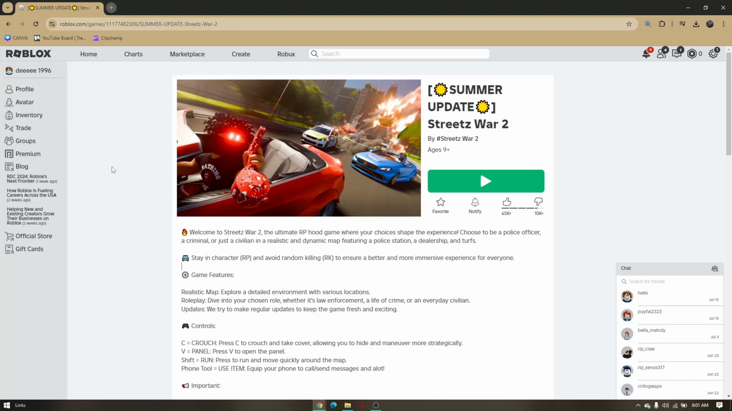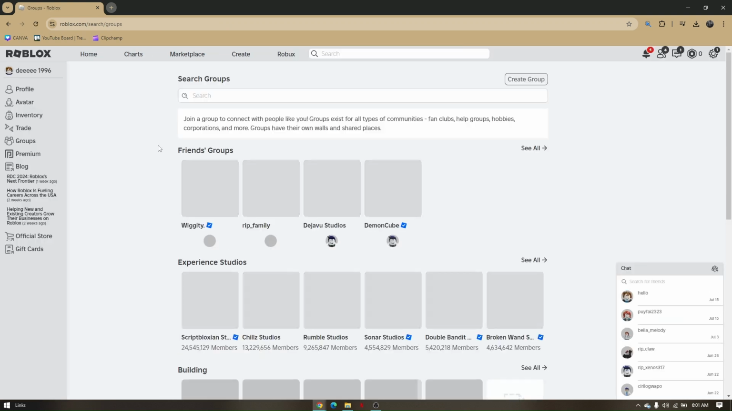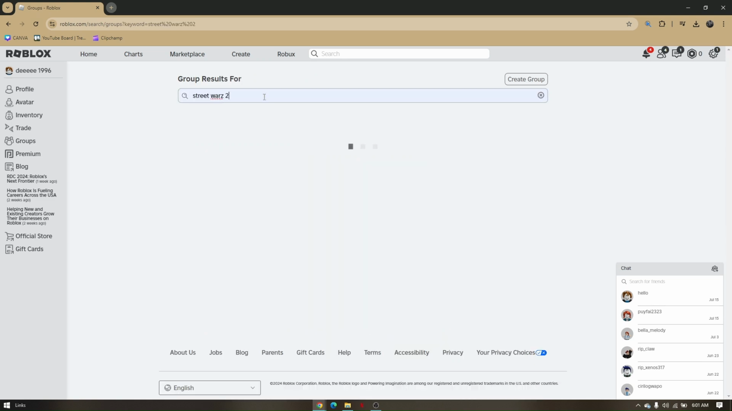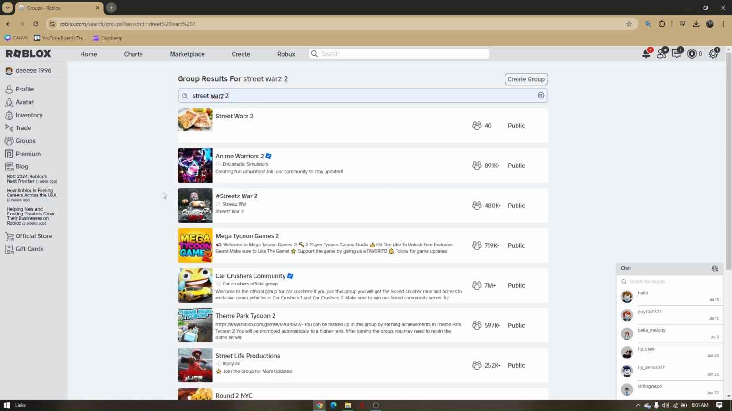Once you already have the name, then you can definitely log into your Roblox account. And once you're fully logged in, you just have to go to groups on the left part of your screen, click groups, and then once you already have the name down, just search it here. For example, Street Wars 2. This is just an example, and click on the group that you wanted to join,